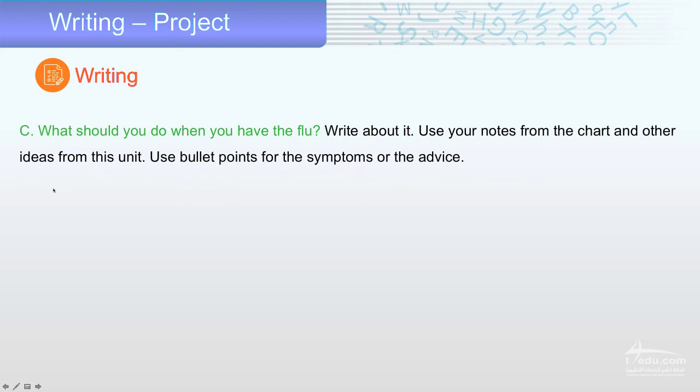So you start with, what should you do when you have the flu? Then bullet points. You should have a rest. For example, you should have warm tea with honey and lemon. I want you to write the bullet points clear in a list.